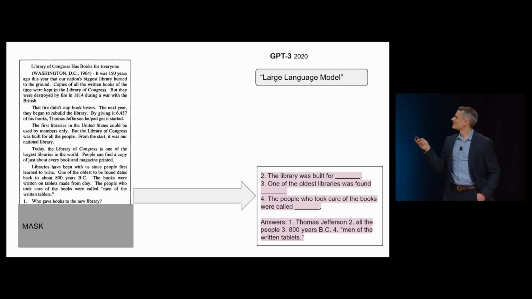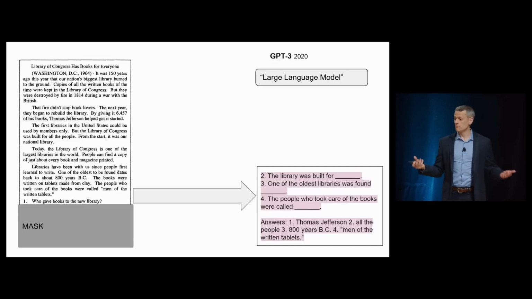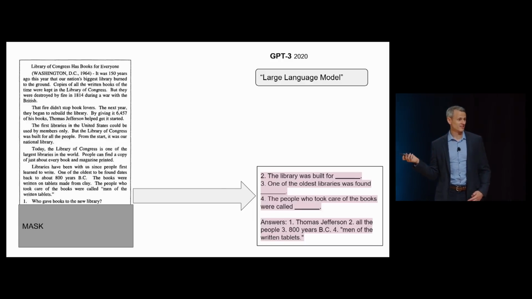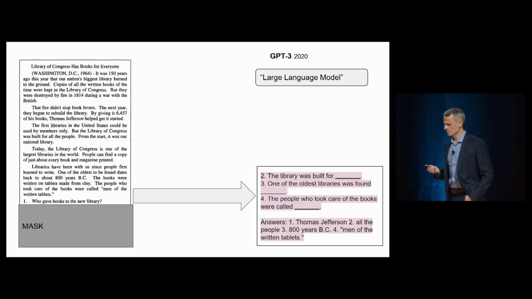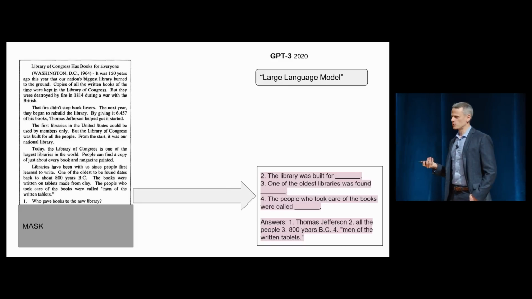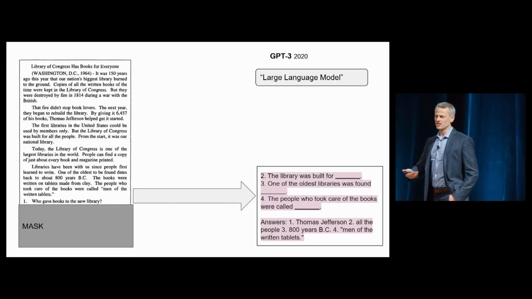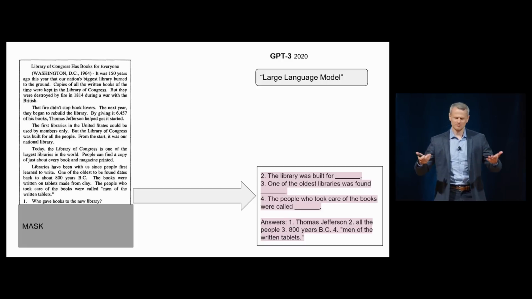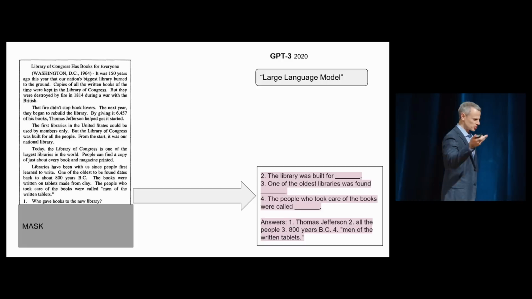Well, it sees this passage, it sees the question, it starts generating more questions. It thinks it's looking at a test. It tries to generate more text like the text it has seen during training, and it generates the rest of a test, along with, thankfully, some answers to those questions. Now, I won't bore you with the details of this passage, but answer 1 is the correct answer to the question that we posed it. And so it seems to be able to solve this problem, but in a somewhat backwards way, right? It doesn't directly answer the question. It kind of implicitly shows that it knows the answer without satisfyingly just directly saying it.